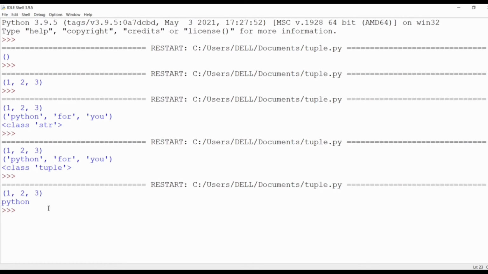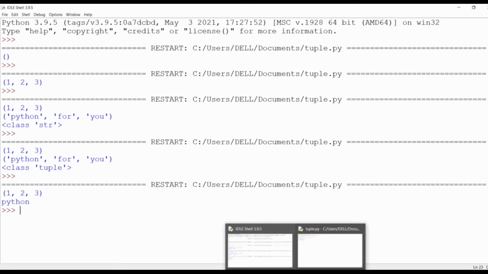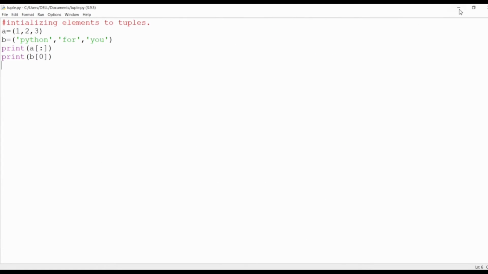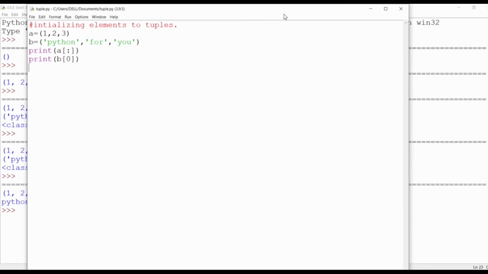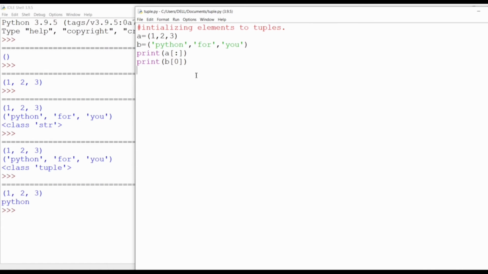It has given the output as I have accessed all the elements in the tuple A and the 0th element of the tuple B. So the 0th element is Python and all the elements in tuple A are 1, 2, 3.